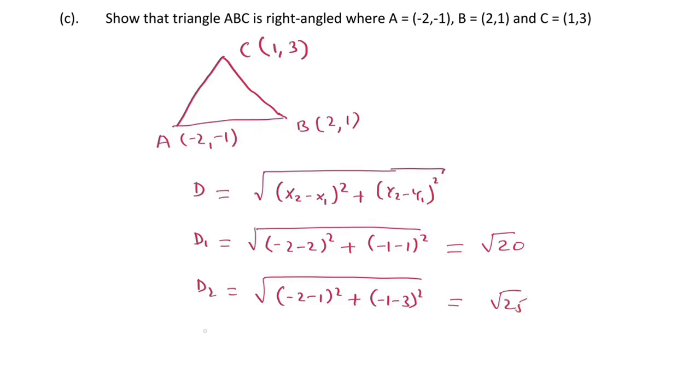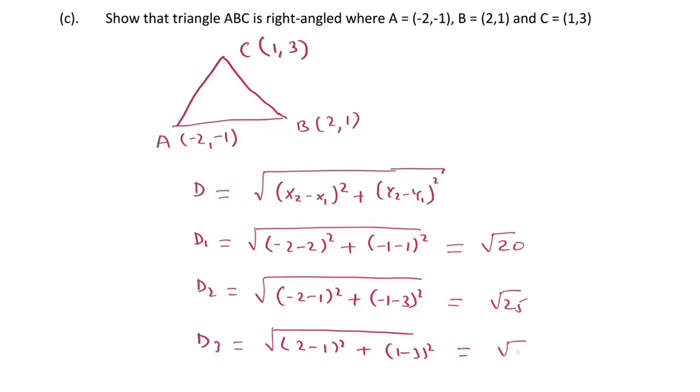So next we are going to take point B and C, and then we are going to call this distance 3. So D3 equals the square root of (2 minus 1) squared plus (1 minus 3) squared, which after solving the values we have